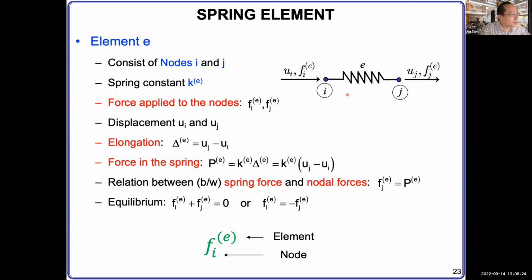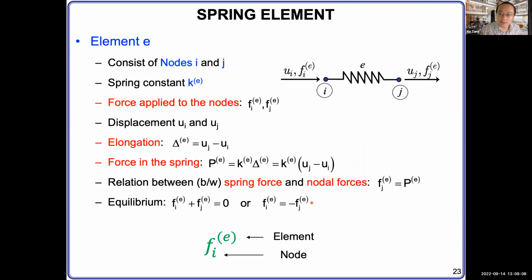So you see this. These 5 parameters together give you the complete information of this spring element. Now, because we are dealing with a static condition in this class, we can regard this spring as an individual body. Within this individual body, forces are in equilibrium. The two forces we identified, FIE and FJE, can be added together, and they add up to 0, meaning FIE equals minus FJE. Okay? So this is super important.